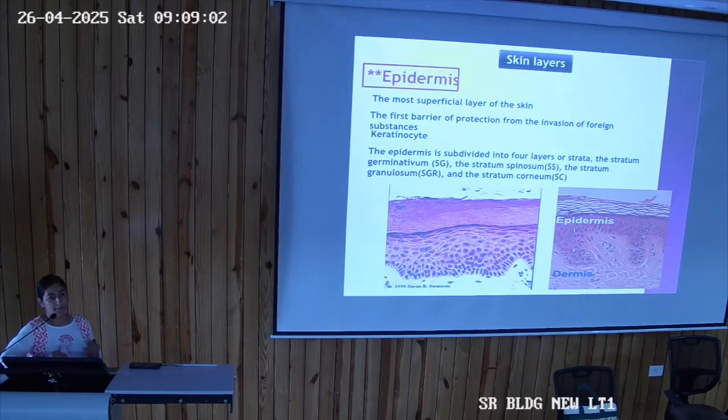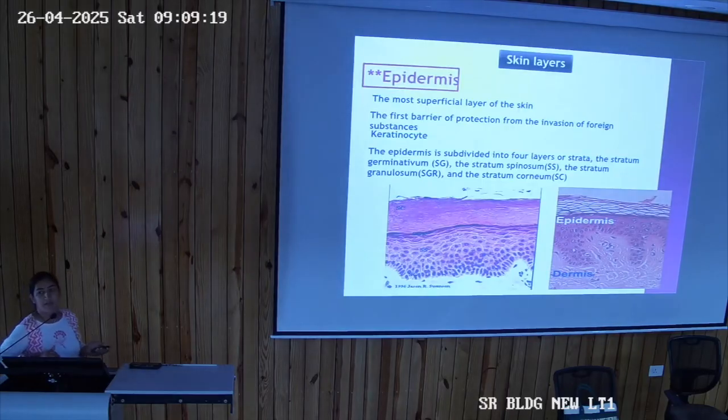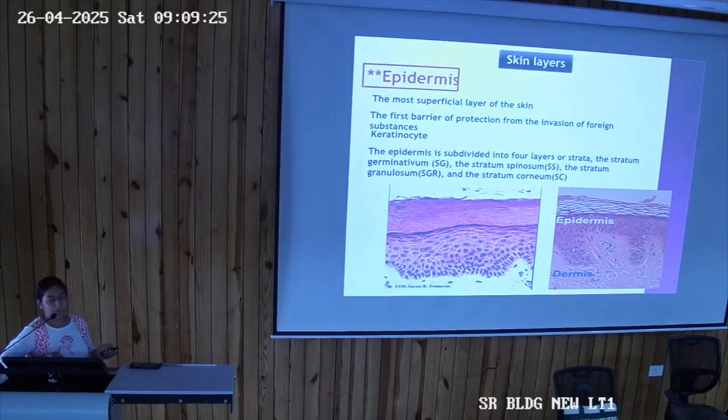If I start from the base, from the division of the dermis, it starts from here, which lies on the light basement membrane. So this is stratum germinativum. Above this, SS is written. This is stratum spinosum. Next layer is stratum granulosum, and the topmost is stratum corneum. There are 4 to 5 layers in the skin because there is thin skin and thick skin. One more layer that is present is stratum lucidum, which is present between the stratum spinosum and stratum granulosum.